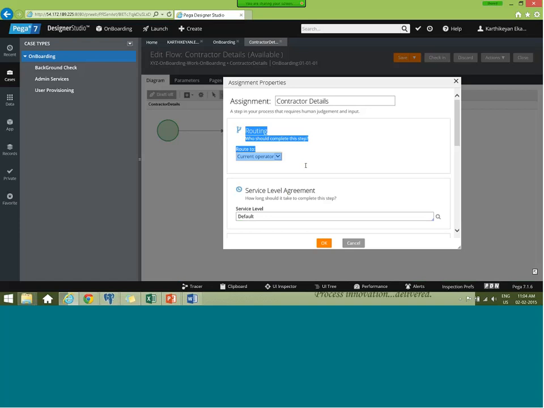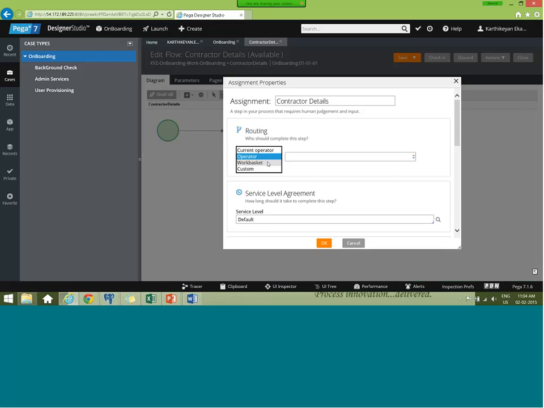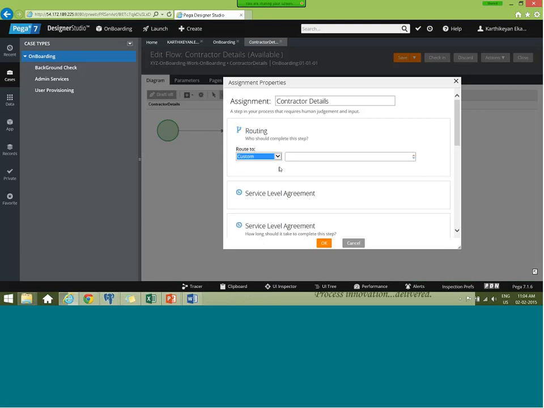So till now we use only current operator, right? So you need to have a functionality whether it has to go to any operator, or to any work basket, or your own custom code. Okay.